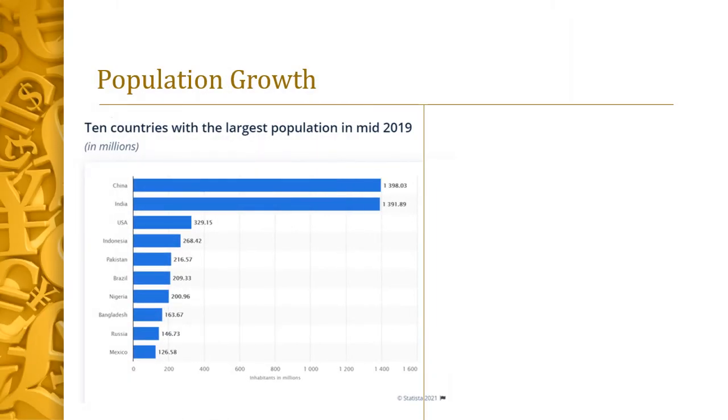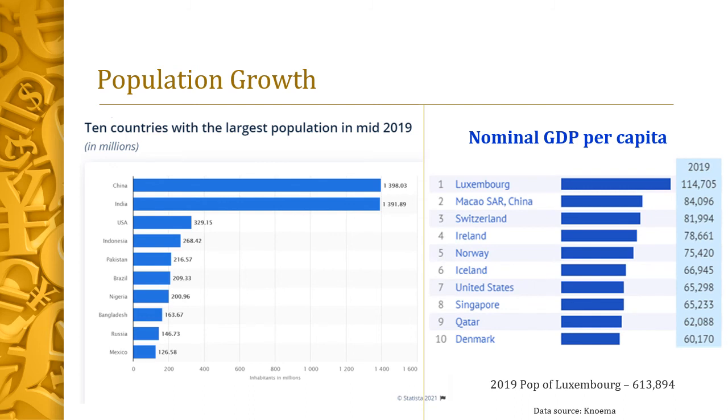Looking at the countries that have the largest populations, you would think that China and India would have a huge advantage when it came to GDP per country, because they would have a large number of people to be productive. After all, workers produce things. And yet we know that when we looked at the nominal GDP per capita for 2019, Luxembourg was on top. And Luxembourg, well, they have less than 1 million people. Now, it is true that China was number 2, and we see the United States was number 3, but India,